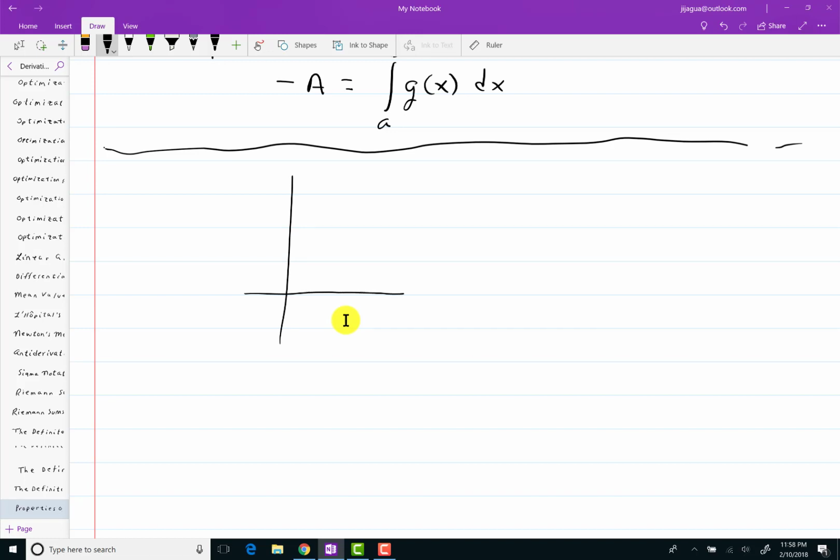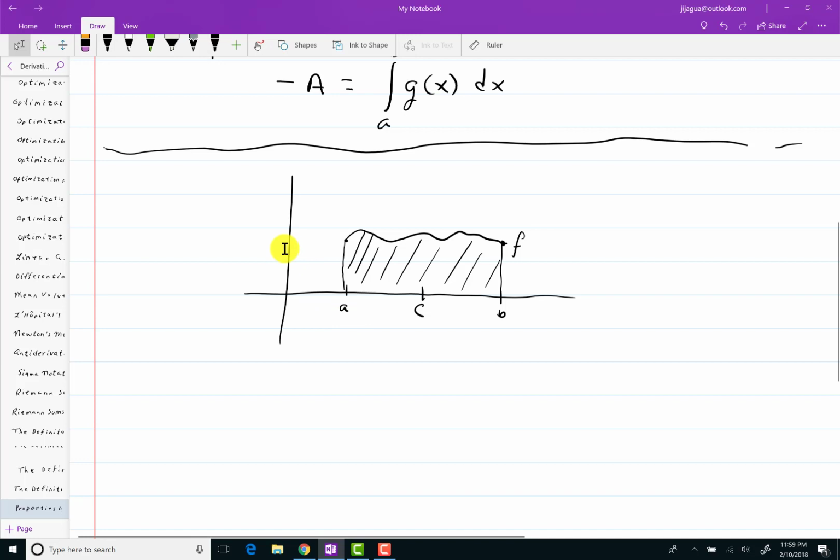Suppose, once again, every function I'm dealing with here, unless I say otherwise, is a continuous function. I don't want to deal with anything else just yet. So let me go ahead and grab another function. I'll call it f again. And suppose that you have an extra number c that's in between here. Well, you should know that when you look at the area of anything, you can break it up into any kind of pieces you want. And you would know that the area between from here to here,